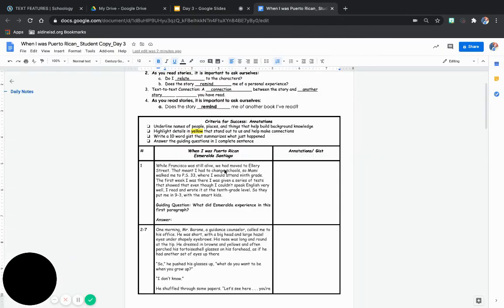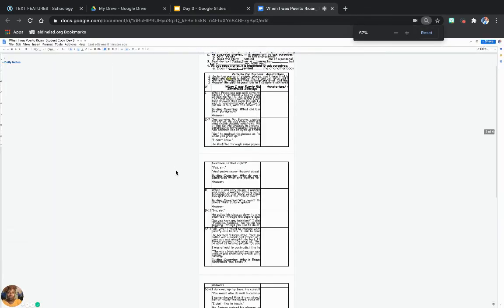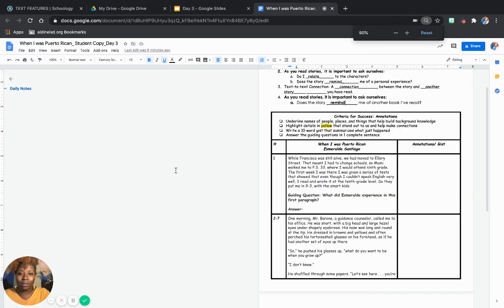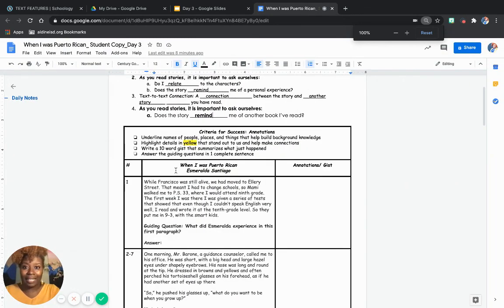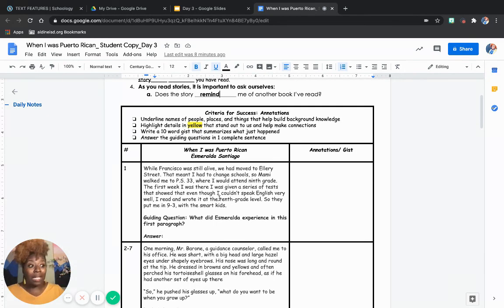All right. So again, let me go a little bit bigger because I can't see that, and I know you can't. We're going to dive into it. And let me grab my notes, my handout. I have mine printed, but you